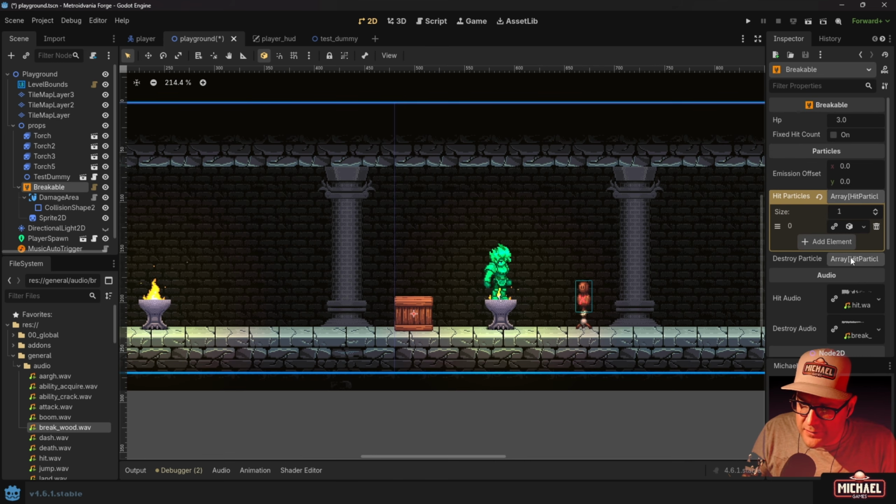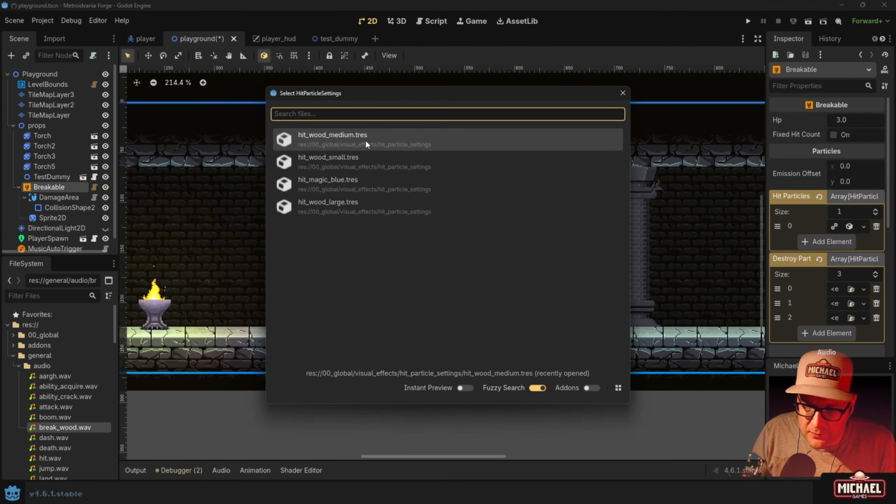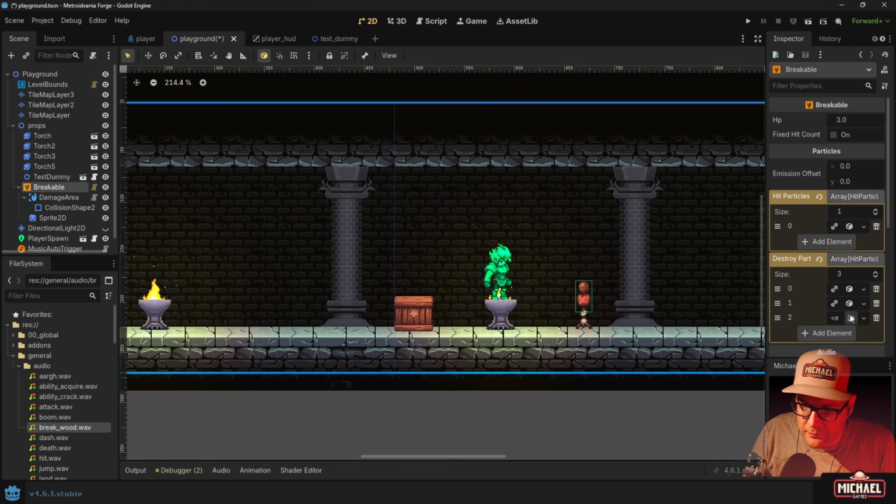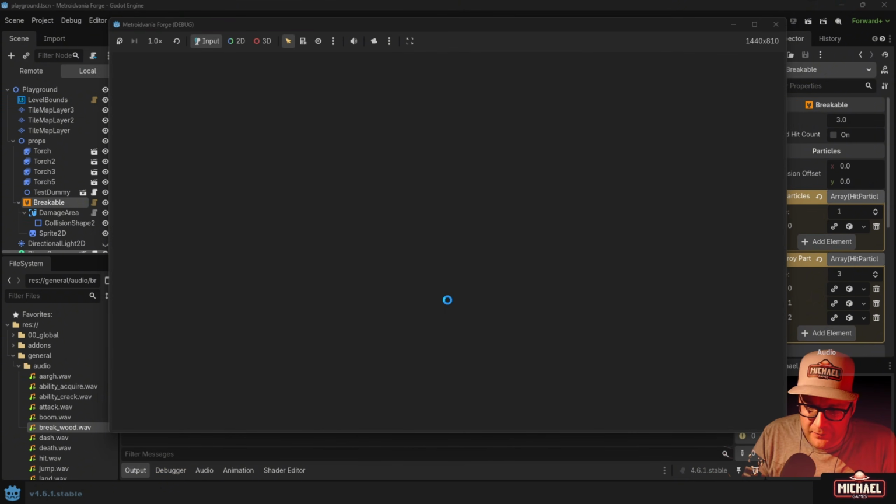And then let's go ahead and configure the destroy particles. And let's say it has all three. I don't know. So let's just do a quick load for medium. We'll do the small and we'll do the large. Okay. All three will spawn when we destroy it. Now we haven't programmed the destroy yet, but let's just make sure that we can hit it here. So if I hit F5,